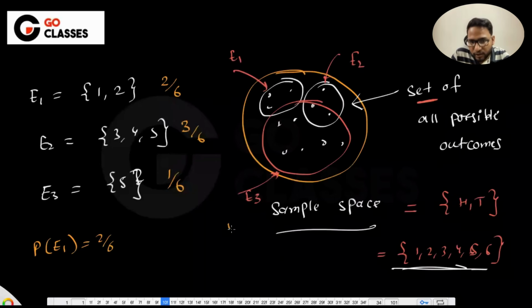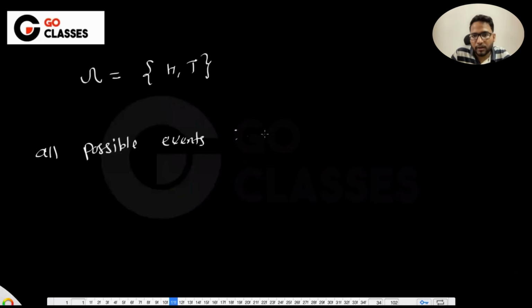Generally we denote the sample space by omega. Now can you tell me how many subsets are possible of this omega? Given a set, if I ask you how many subsets are possible, what is your answer? Yes, power set, 2 power n, or 2 power omega if I say. So these many subsets are possible. For example, for the sample space H and T, all possible events are 2 power omega.